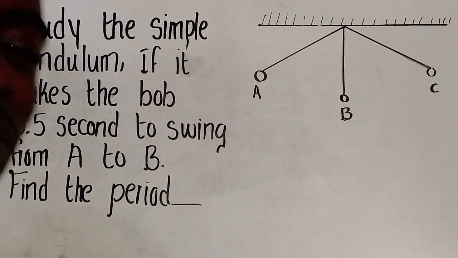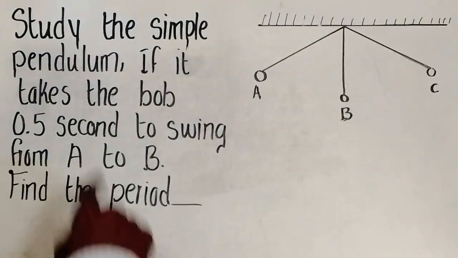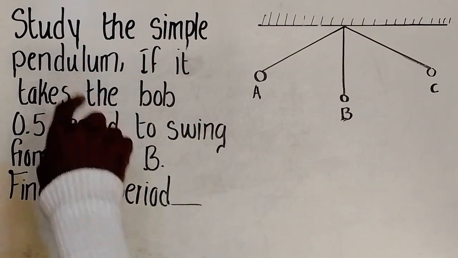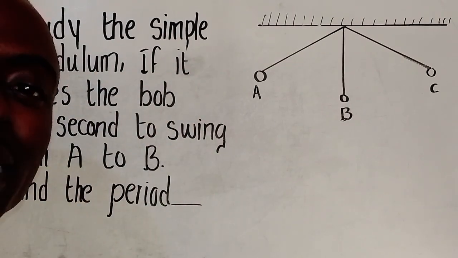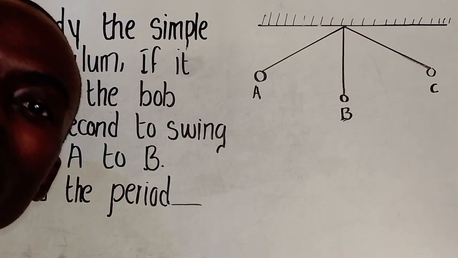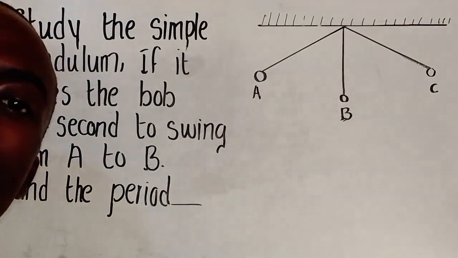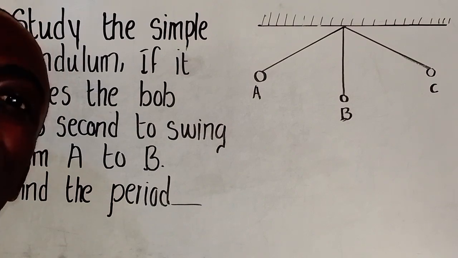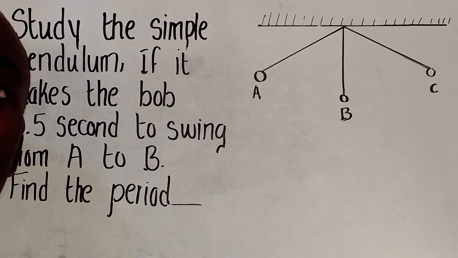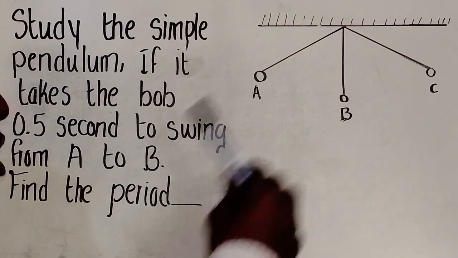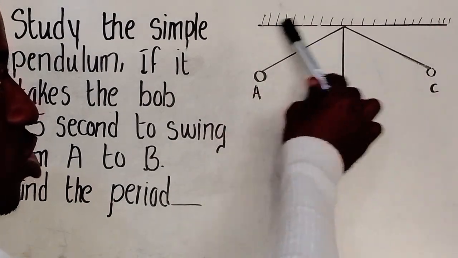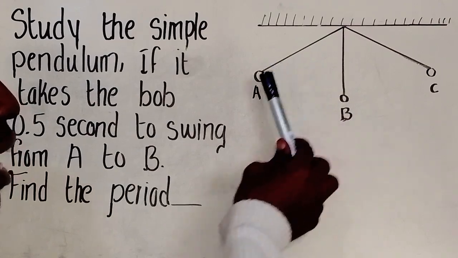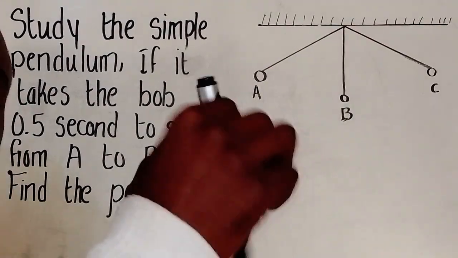Okay, so we have a physics question that says study the simple pendulum. A simple pendulum is just a simple setup which helps us to understand how long and the gravitational field or the force acting on an object per unit cycle. For example, this is a fixed structure, this is a string, and this is the bulb, the actual object